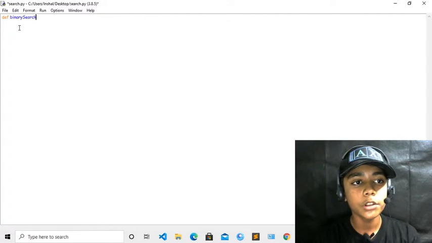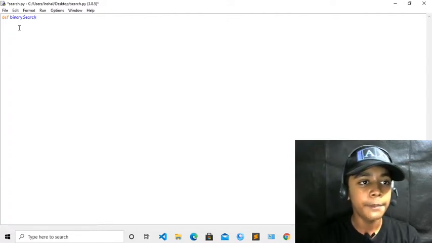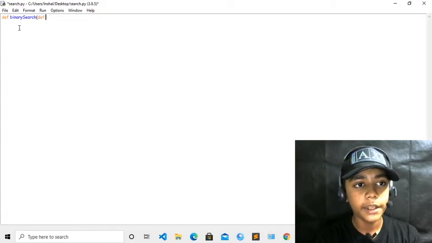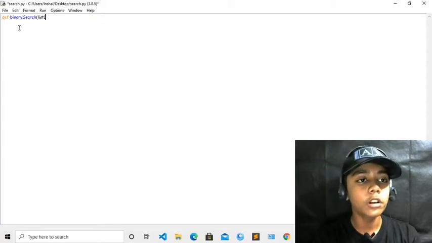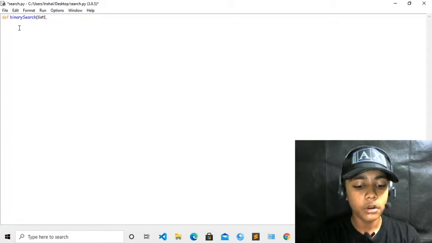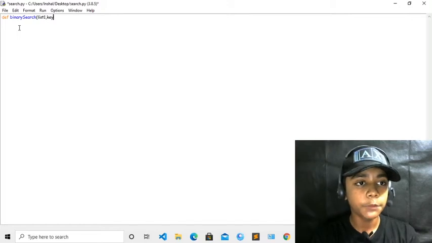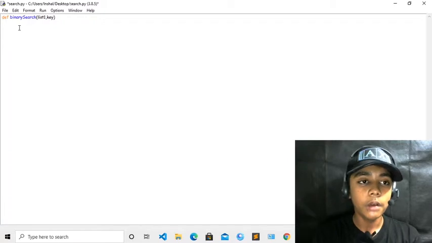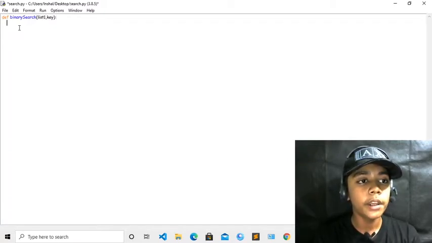Inside the brackets we will define the list, list1, with a comma, and then the key. The key is what the user searches to find or not. Now close the bracket, add a colon, and press enter. Till here we have done our work.